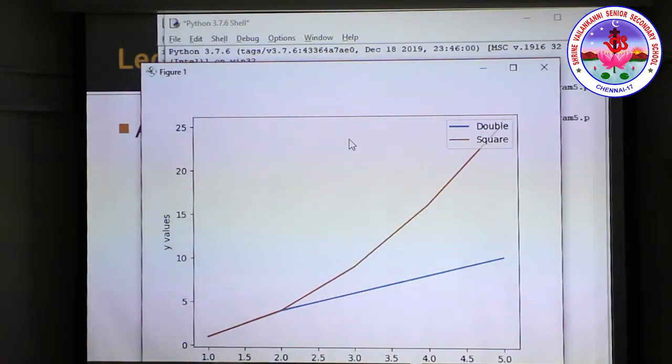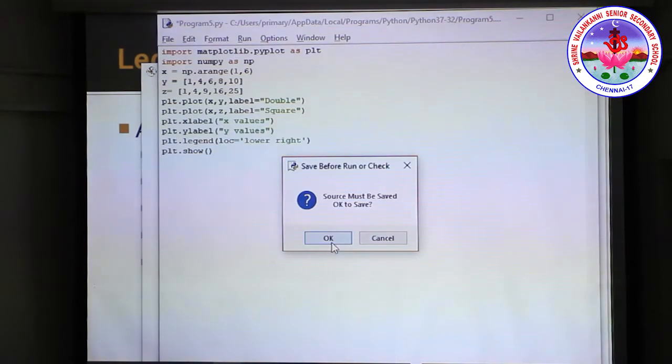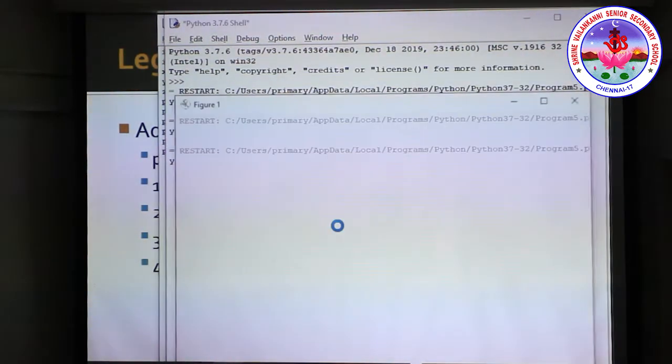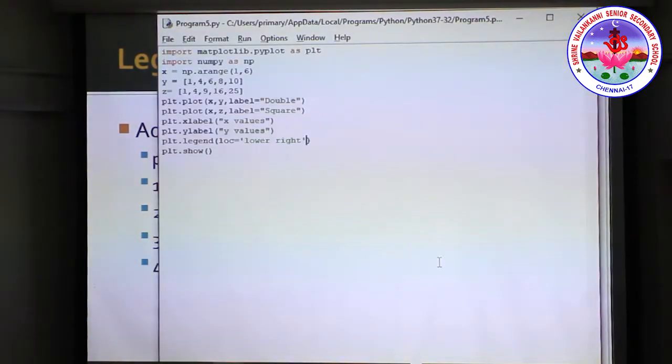So, this is how we can write, either we can write the number or we can write the string. Okay, both are small letter, L is small letter and R is small letter. We can write number or we can write the string in loc. So, this is lower right corner, we can display the legend over here. So, this is to customize the legend with loc parameter.